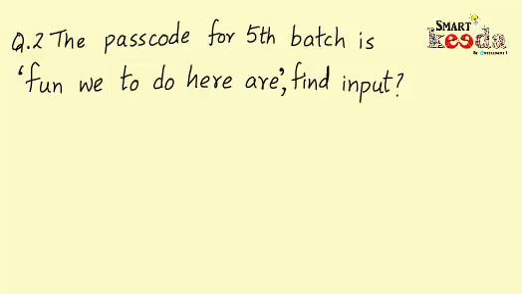Now to find the input from the passcode of the fifth batch, first you will note down the pattern that we obtained earlier in the initial example for the fifth batch in terms of numbers, that is 6, 1, 4, 5, 3 and 2. And this is the pattern of the numbers which we labeled to the words of the fifth batch. Therefore, we can also label the words of the passcode for the fifth batch in the given question in the same order. So we would label fun by 6, V by 1, 2 by 4, do by 5, here by 3 and R by 2.